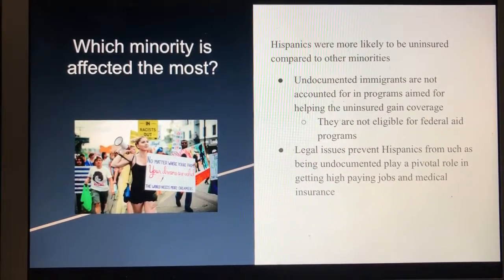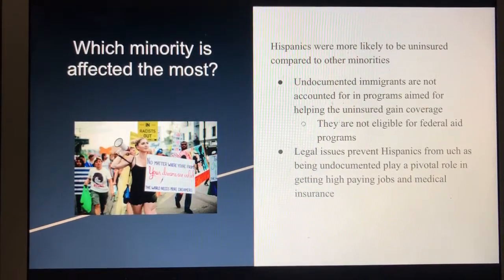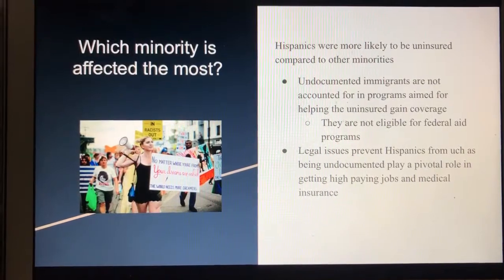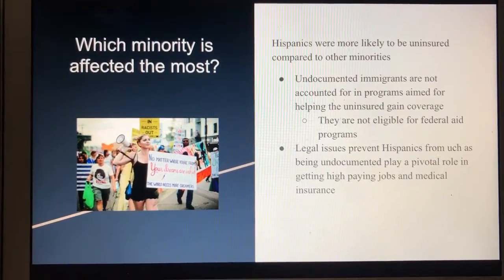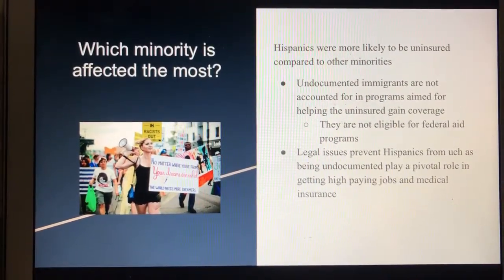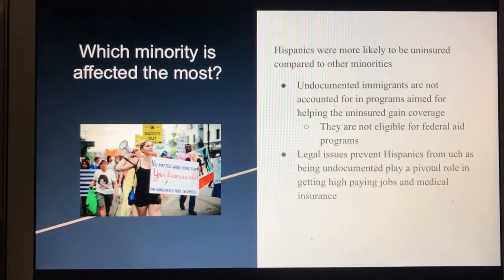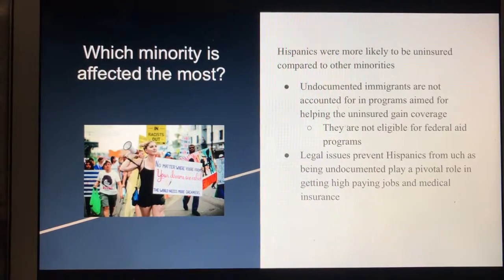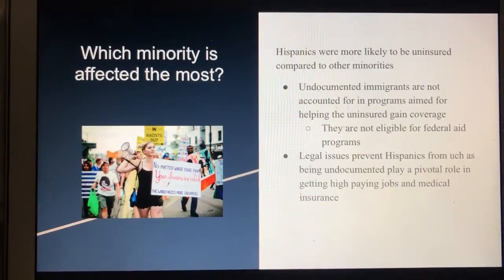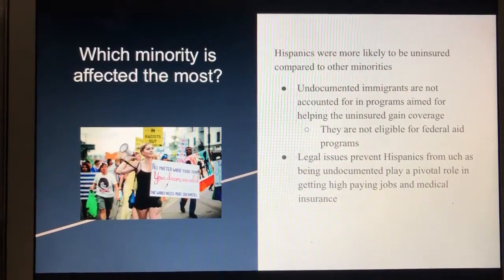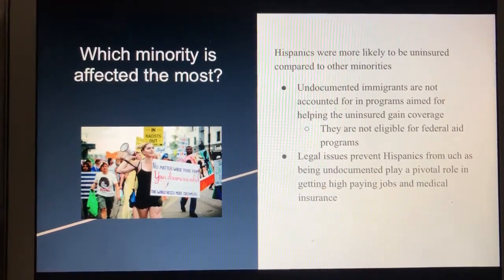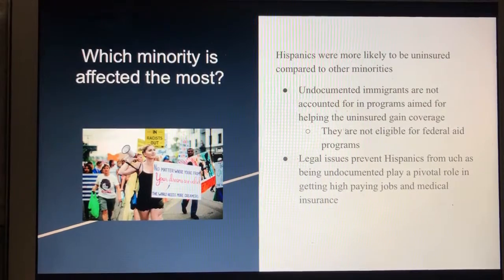Which minority is affected the most? Hispanics were most likely to be uninsured compared to other minorities. Undocumented immigrants are not accounted for in programs aimed at helping the uninsured gain coverage. They are not eligible for federal aid programs. Legal issues, such as being undocumented, play a pivotal role in